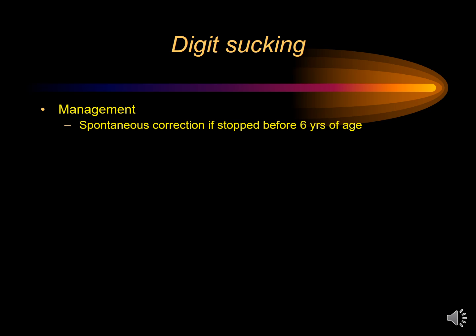Now, any developing malocclusion will self-correct if the habit is stopped before 6 years of age. Now, for parents' involvement, they should encourage the child to stop the habit by using a reward system. Praise the child for any improvement in stopping the habit. Parents should avoid nagging the patient,